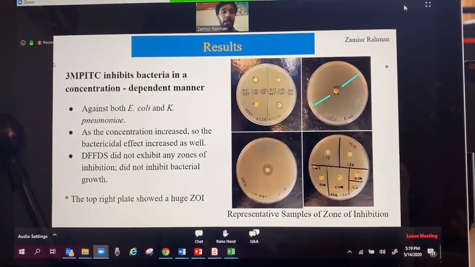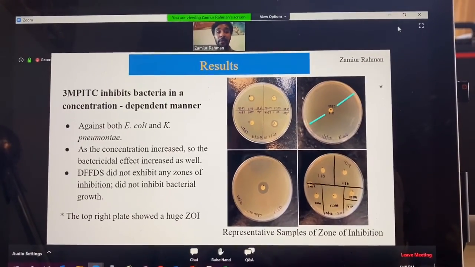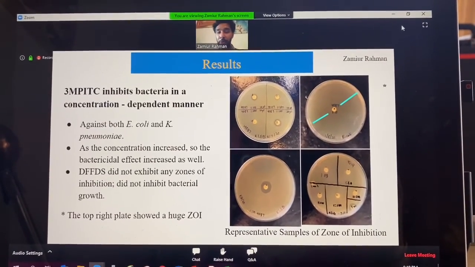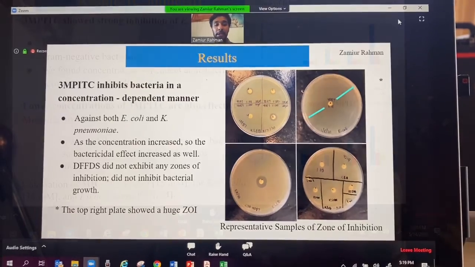Diffusion assay. 3-MPITC inhibited bacteria in a concentration-dependent manner in E. coli and